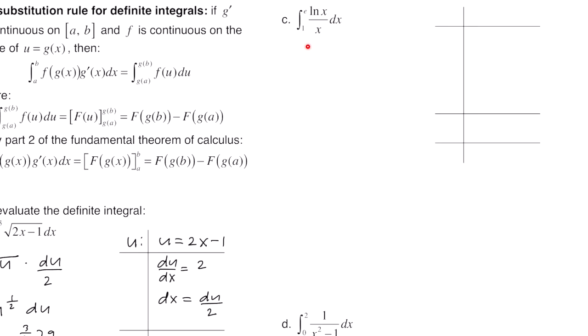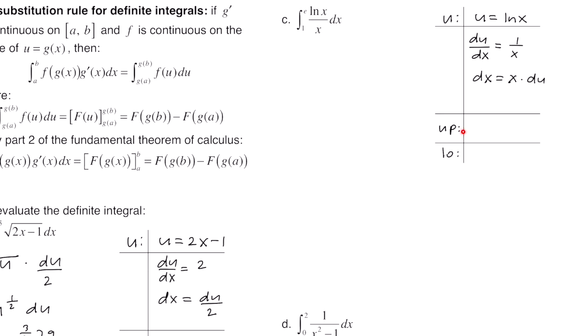This example says the integral from 1 to e of ln of x over x dx. This problem's a little unique because we don't have a composition of functions. So what we're going to do is we're going to let u equal the numerator. Then when we take the derivative, we get du dx equals, and the derivative of ln of x is 1 over x. So what happens at this point is we're going to cross multiply. So when we cross multiply, this dx comes up to the right, and this x comes up to the left. So we get that dx equals x times du.